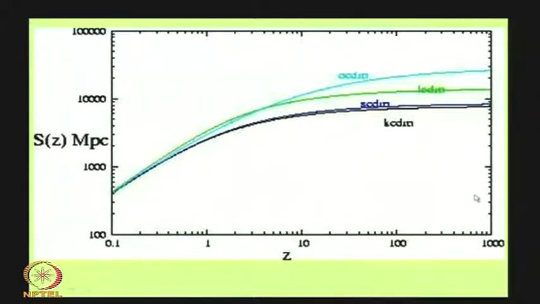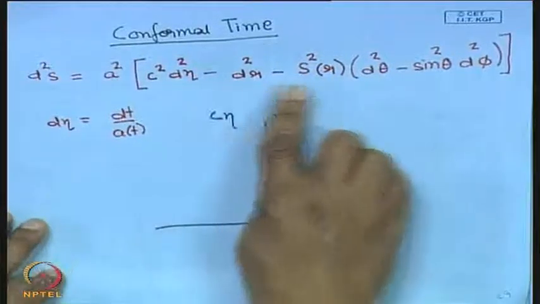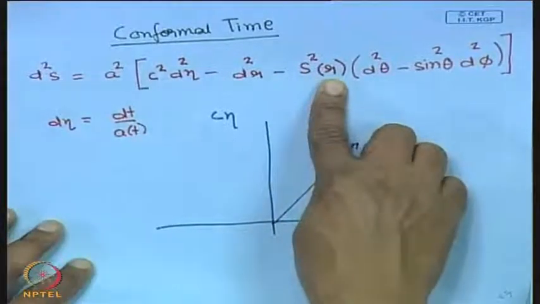So, you see if you look at around redshift 1000, the open CDM model, the S(z) function increases much more, is much higher than the other 3 models. Remember, this is a log scale, so this is an increase of 10 times. Okay, so the difference between this and this is more than double. Similarly, the difference between this and this is roughly double, or more possibly, roughly double. So, the point I am trying to make here is that the redshift dependence of both R and S is different in different cosmological models.